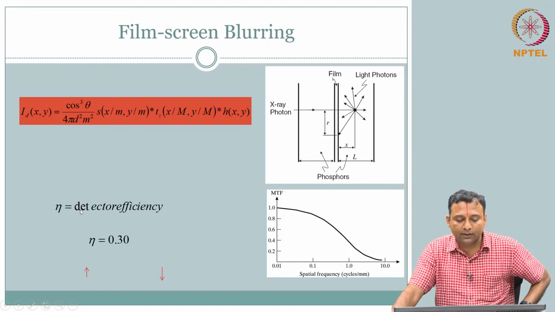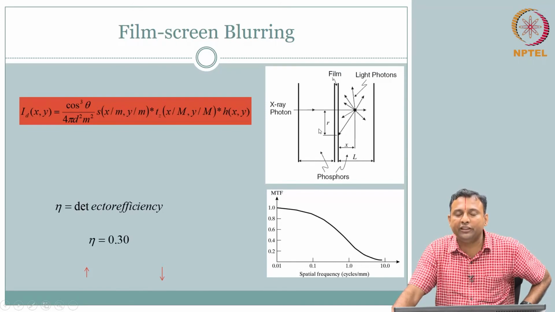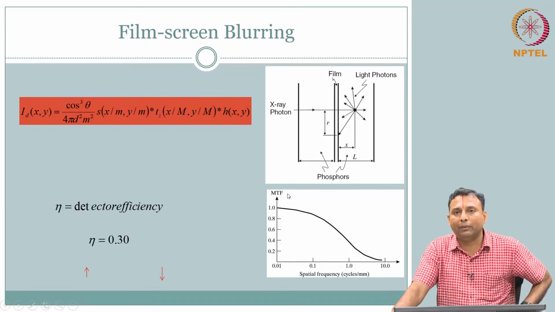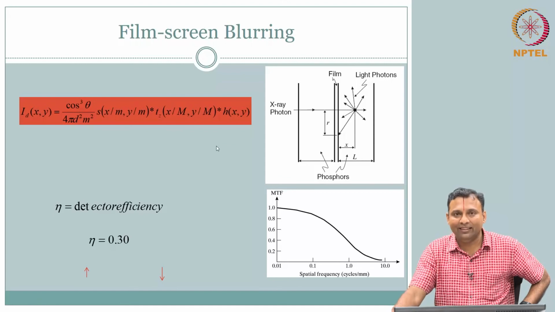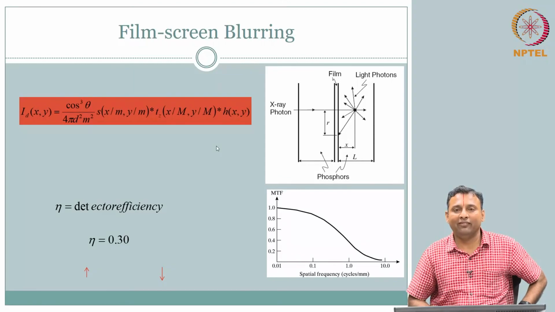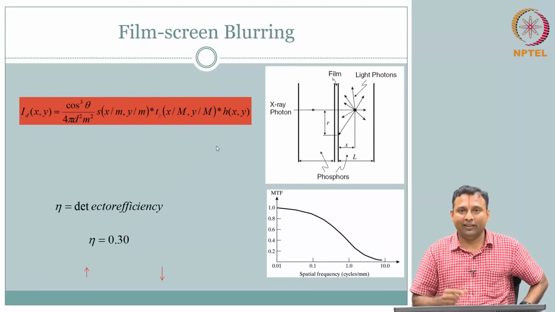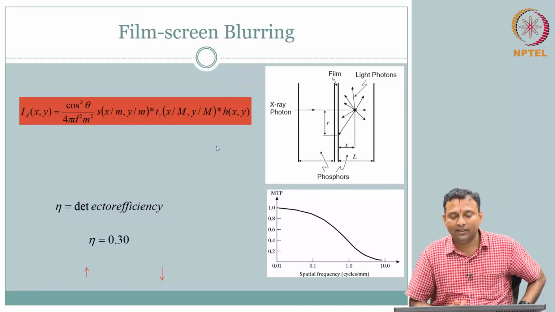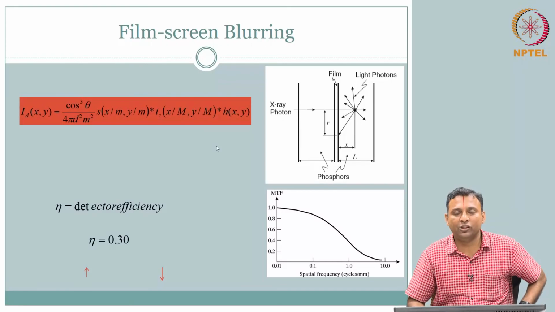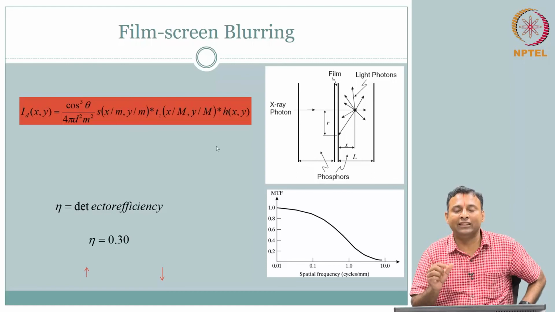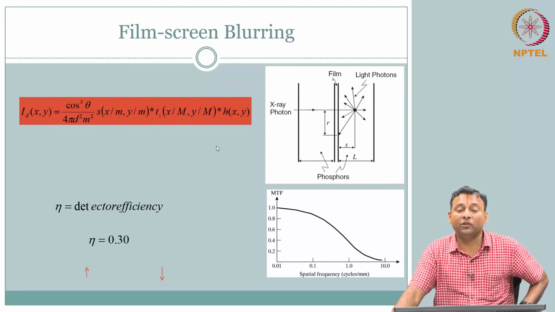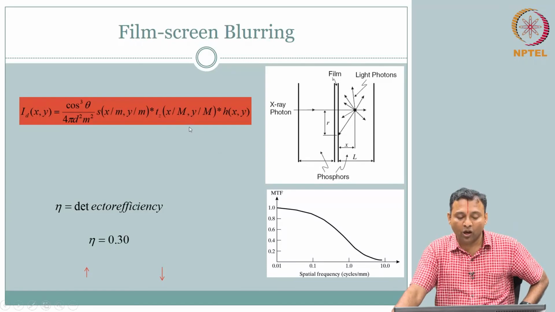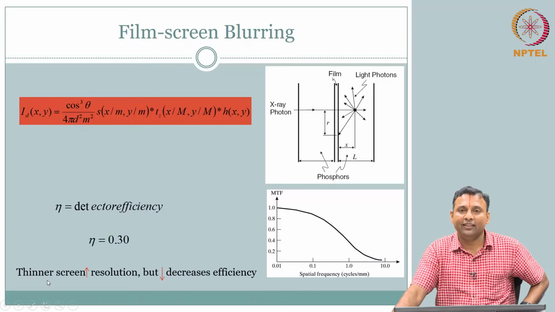So what happens is, here the detector efficiency is about 30%. If it was directly X-ray, it was about 2%, right? Originally, without any film screen, when we talked about this in the instrumentation of film screen, the idea of intensifying screens, eta is equal to 0.3, so only 30% efficiency, even this. So what is my trade-off?